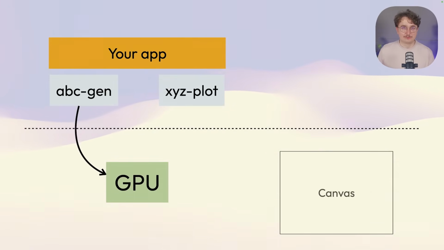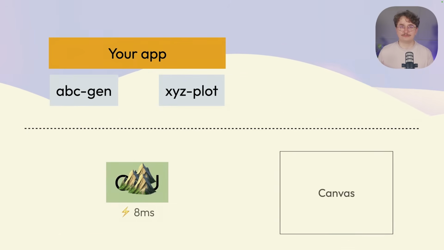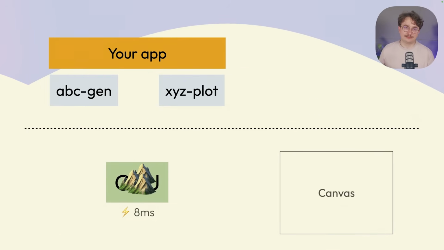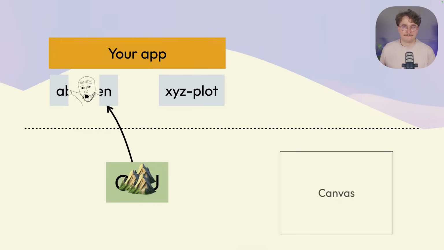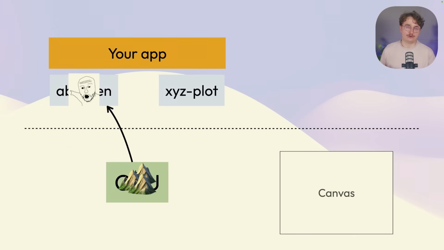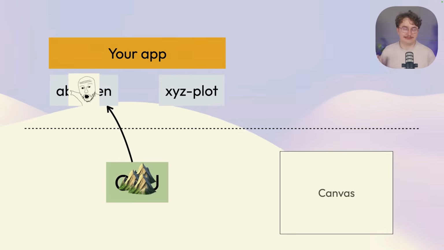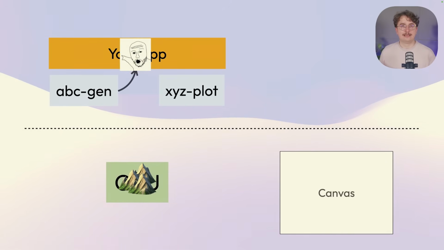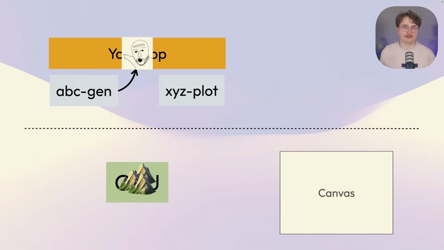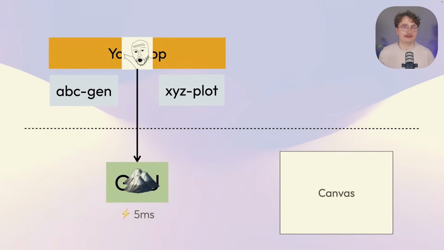Let's try to take a different approach. So the library can tell the GPU to generate that terrain. That's the same. But instead of actually pulling that data back, we can pull a pointer to that memory, right? We can ask the GPU to give us the pointer, where that data lives in the memory of the GPU, and then we can just move it around and do stuff with it without actually having to pull all that data back to JS. So yeah, ABCGen can give us that pointer back,